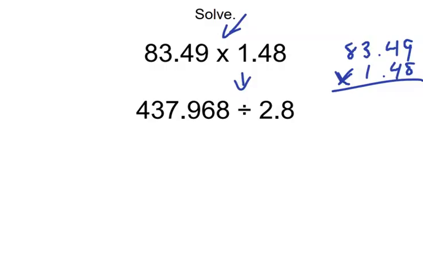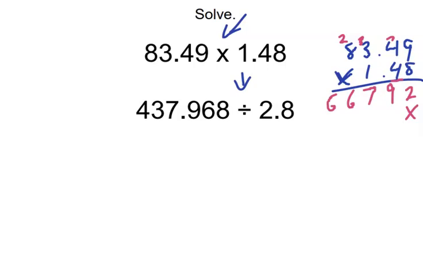9 times 8 is 72, so we'll put the 2 there, a 7 up here. 8 times 4 is 32. 32 plus 7 is 39, so we'll put the 3 up here, the 9 down here. 8 times 3 is 24, plus 3 more is 27. 8 times 8 is 64, plus 2 more is 66. Okay, so now we'll just go ahead and put the little spacer here, and now we'll move on to the